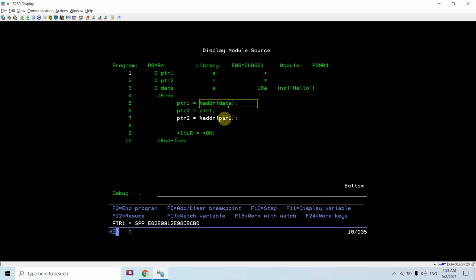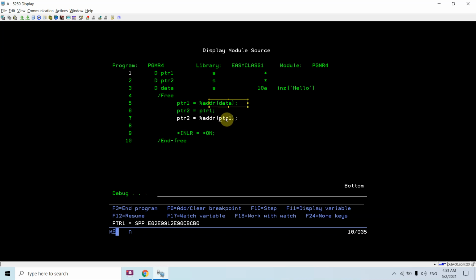Now I am going to store the address of ptr1 in ptr2. Just think twice: I am storing the address of ptr1 in ptr2, not the address of data.